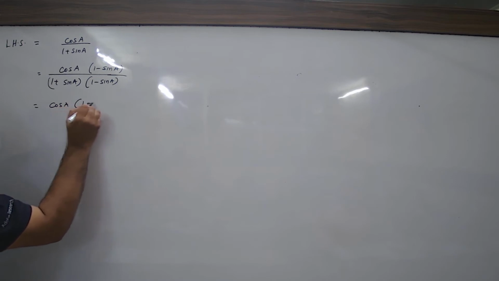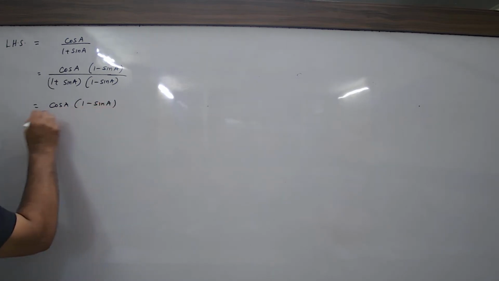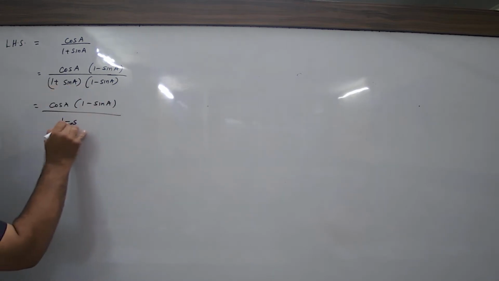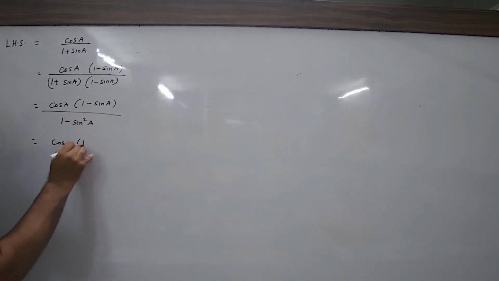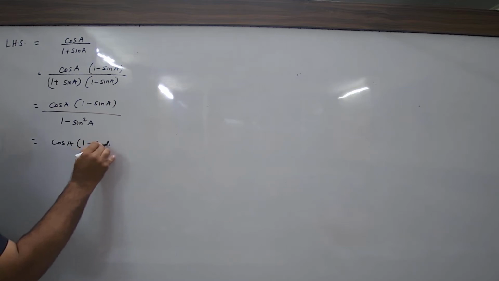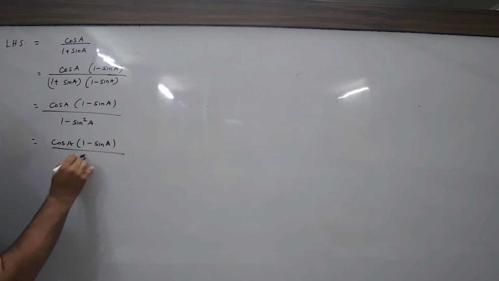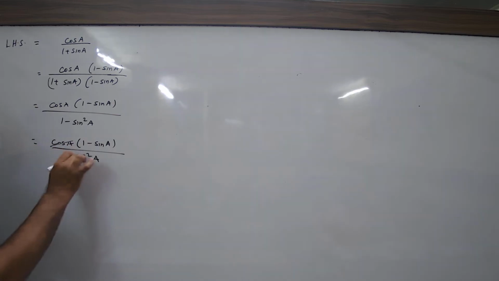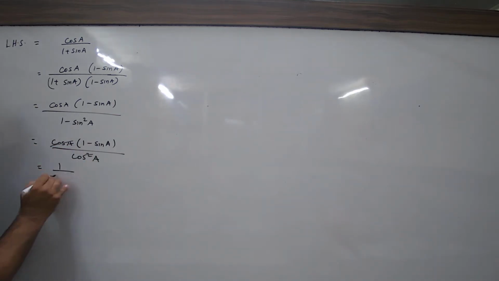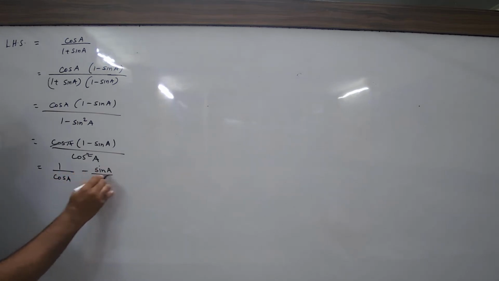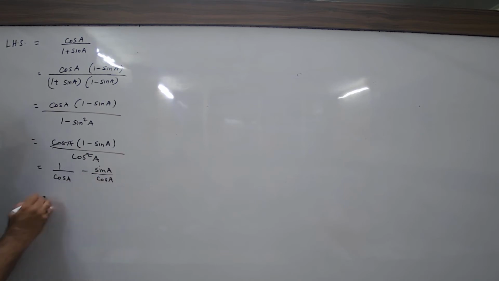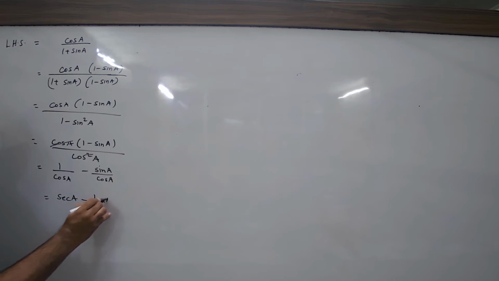That is cos A into 1 minus sin A. This A plus B into A minus B becomes A squared minus B squared. And 1 minus sin squared A is cos squared A, right? So cos A and this cos A will get cancelled. So you are left with 1 by cos minus sin by cos. 1 by cos is, sin by cos is,